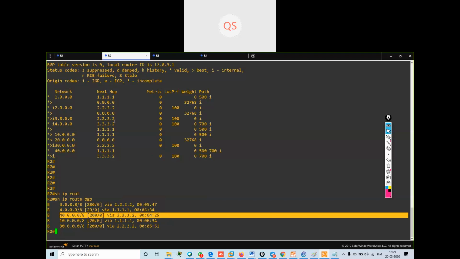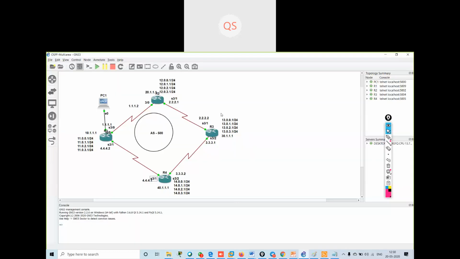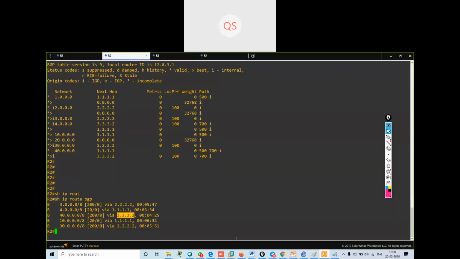Now to change the next hop behavior, what do I have to do? See, if I'm on R2, 3.3.3.2 is over here. So to change the next hop behavior, if I want to make the next hop my next router, I have to give a command.